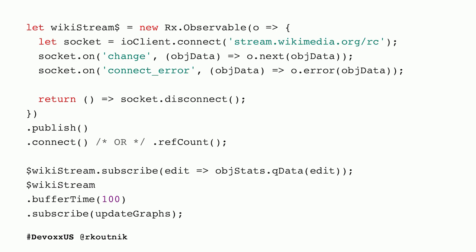And you can see down at the bottom, we have not one, but two different subscriptions, pass it into a bunch of statistics libraries to calculate statistical things, as well as buffer time, which is a new one. But that one's simple too. Takes all the values for 100 milliseconds and passes them down as one big batch. So it buffers up for 100 milliseconds, then passes it down. Buffers up, passes it down, which allows us to handle the data in batch form. So we only update the graphs every 1/10 of a second.